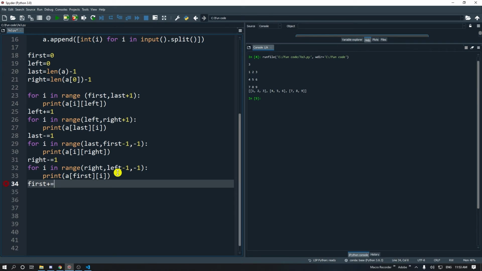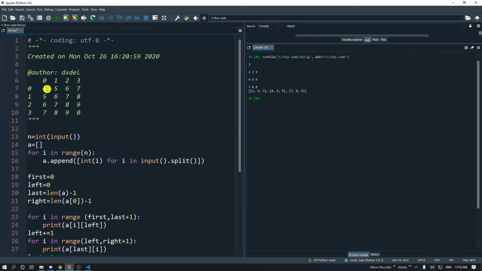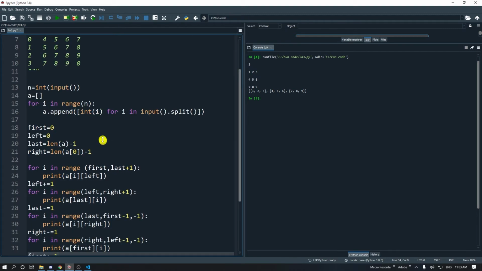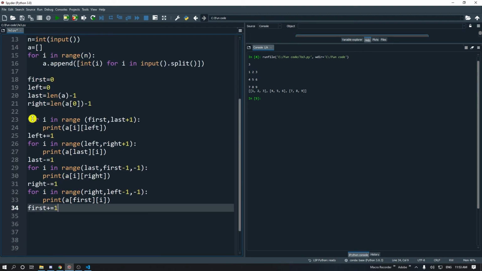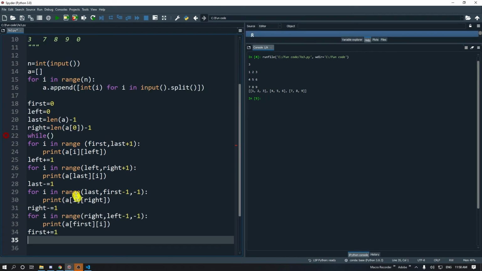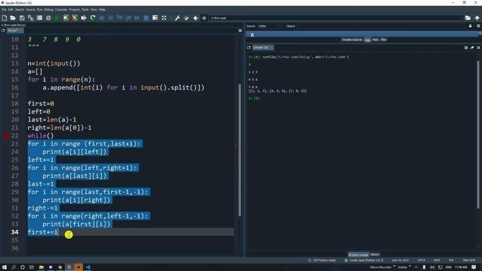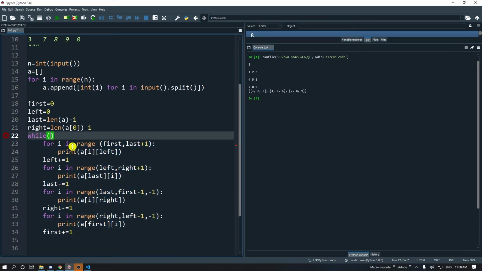Also, we need this same loop now for the inner matrix. So we need to run this loop twice. So for that we can use a while function. For the while condition, we can use left is less than right and first is less than last,